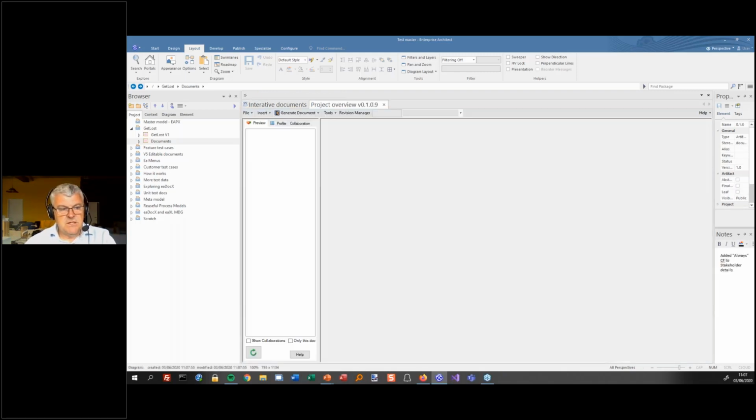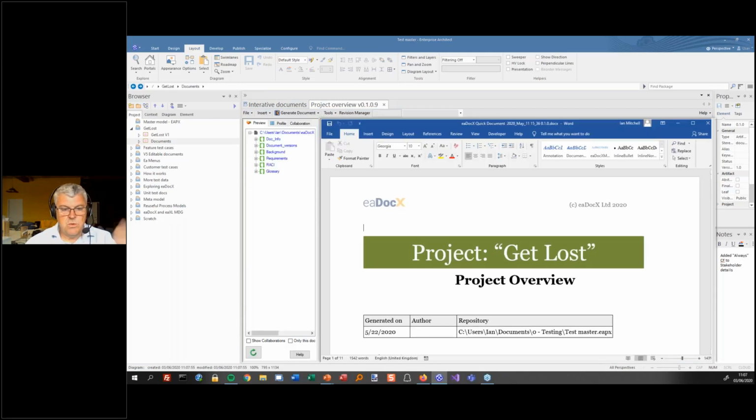All these documents, by the way, are stored inside of EA. That's just one of the things EA Docs will do. So the first thing that you notice is it's Microsoft Word. When you're doing a generation, you get Word inside of EA. I mean, that was kind of use case number 1 for EA Docs. Use case number 2 for it was